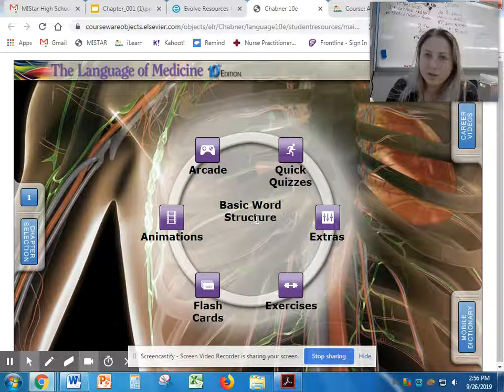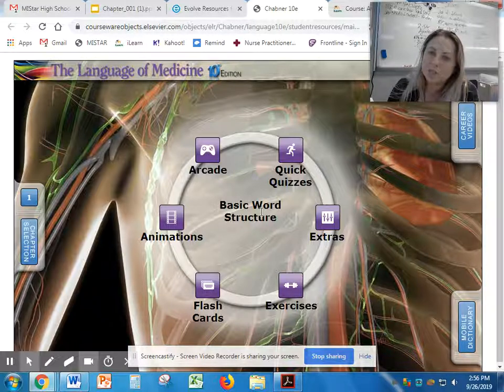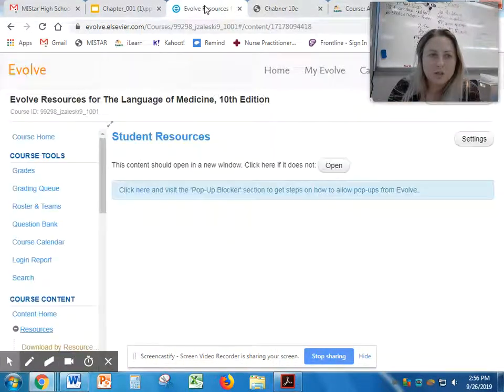That's pretty cool. That's under the Elsevier Evolve that I sent out. I would recommend utilizing that to the best of your ability. It goes hand in hand with the worksheets in the chapter that I handed out in class. If you have any questions with that, please shoot me an email or a message on